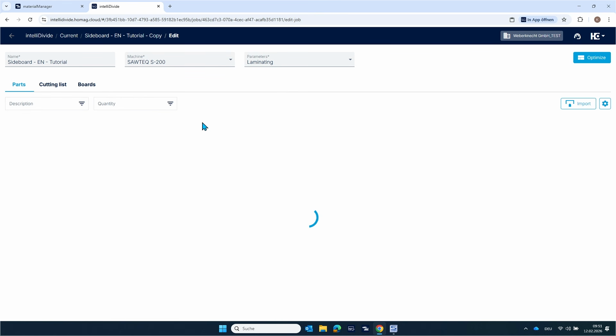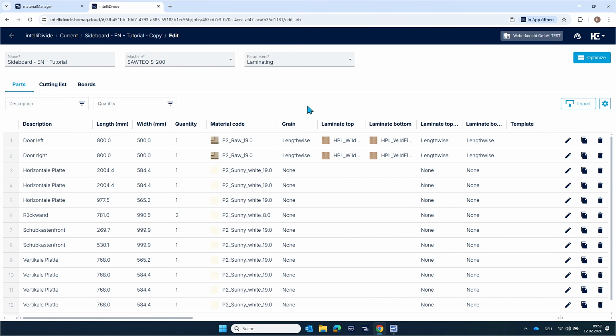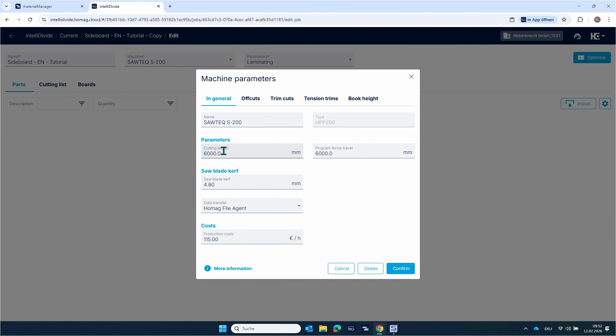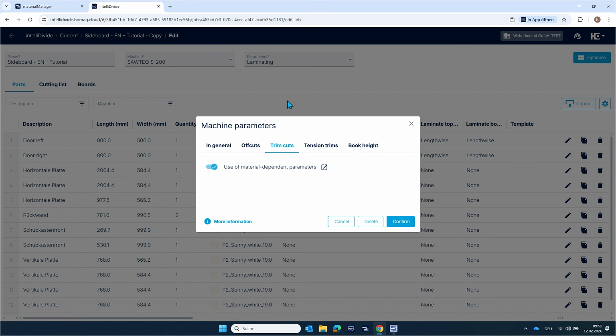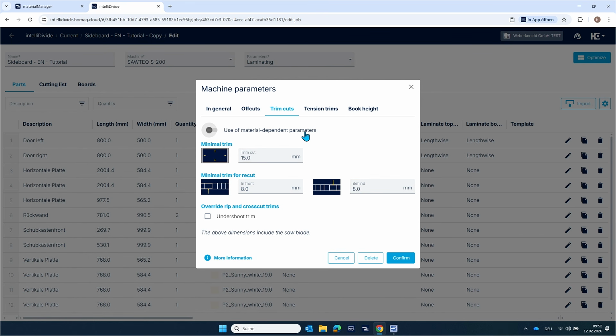So before we start the optimization, I want to show you the next new feature, the material depending parameter. Maybe you remember that we have different parameters in the optimization settings, where we can define, for example, the dimension of offcuts. We can define the trim cut dimension. And the default setting is 15 millimeters. So that means when you start cutting, we are always cutting at least 15 millimeters at the edge of each board to achieve a clear and